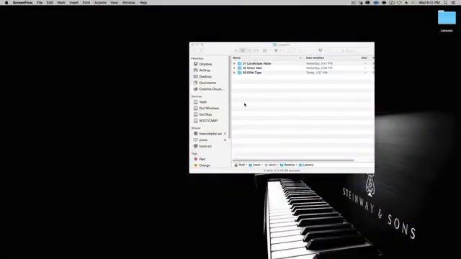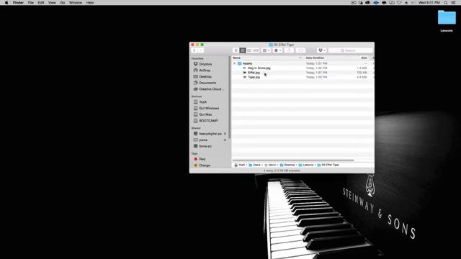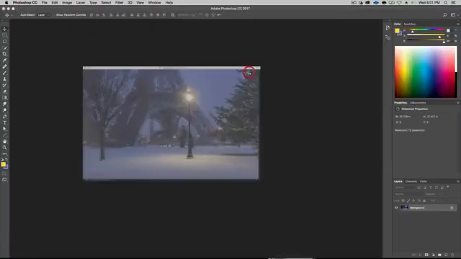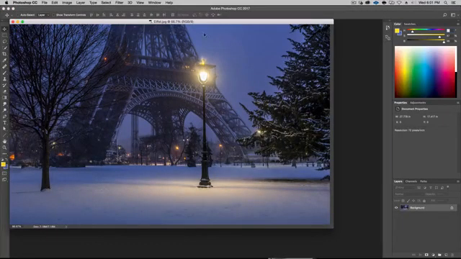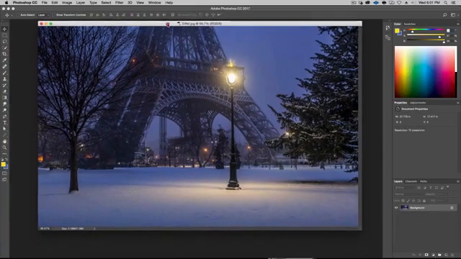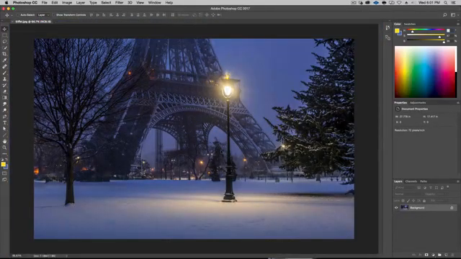All right, so for the third project here, go ahead and open this Eiffel Tiger folder in the lessons, and you have these assets here. We'll start with Eiffel. Double click that, open in Photoshop, and it's this photo by my good friend Serge Romelli. So what we're going to do is put the tiger in here. The first step we're going to do is we want to add a haze, and we want it behind this tree, behind this lamppost, and behind this tree.